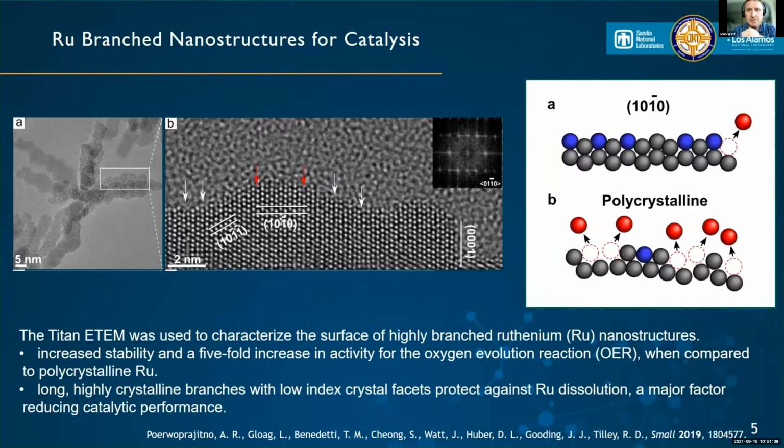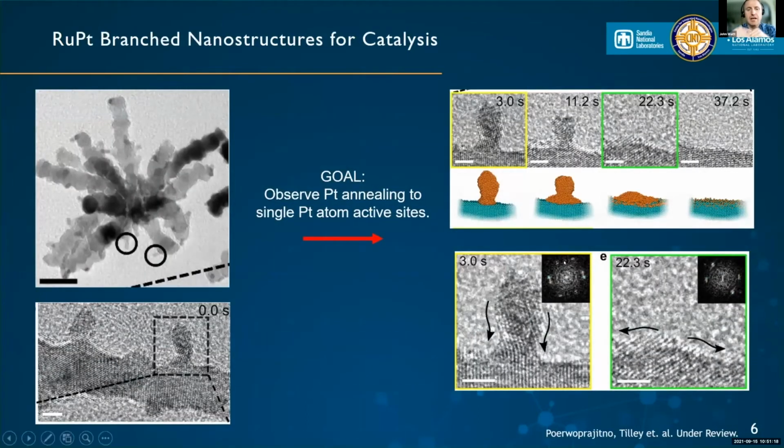Very nicely controlled surfaces, which are just a dream sample for a microscopist to get sent. The next stage, and I won't talk too much about the chemistry here, I'm just going to talk about the microscopy. So the next step in terms of these structures was growing platinum islands onto the surface of these ruthenium branch structures. And the goal in terms of the collaboration, my part, was to observe the platinum annealing on these branch nanostructures from these nanometer-size nodes, annealing into the ruthenium and forming single atom